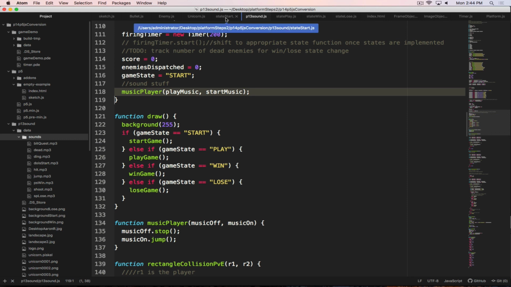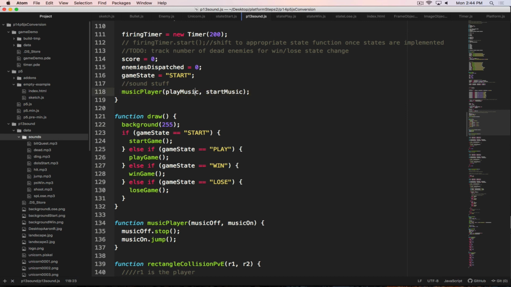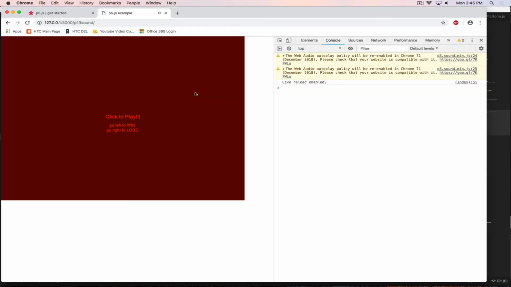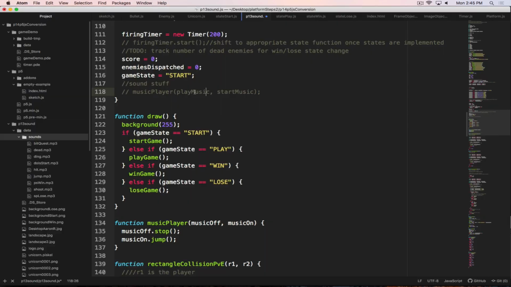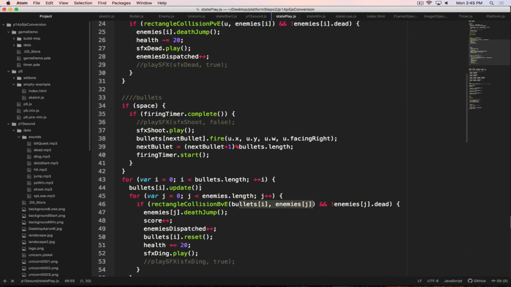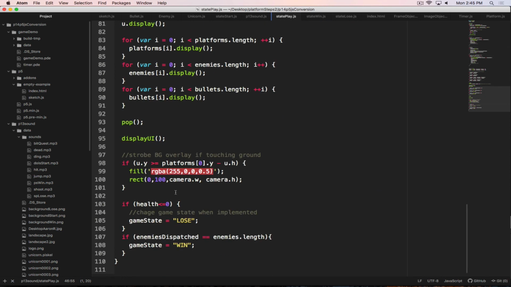Now, music has started playing automatically because I saved this file, which refreshed the page, which allowed the music to start playing. So I'm going to comment this. All right, so now the music is stopped. We'll bring that back in a little bit after I've gone into my other states. So when I go here into my states,